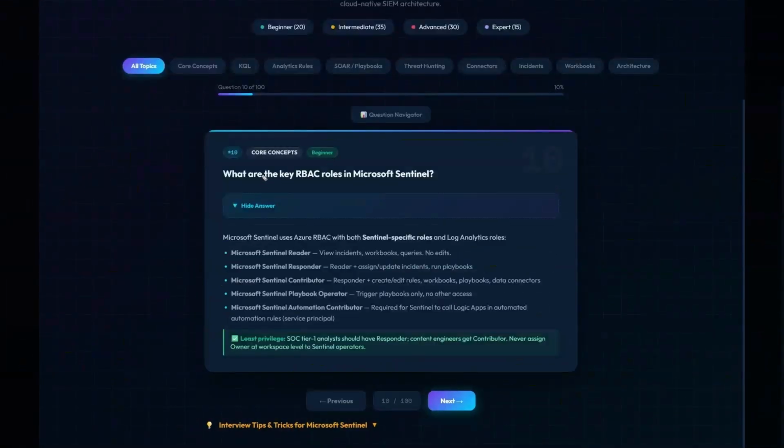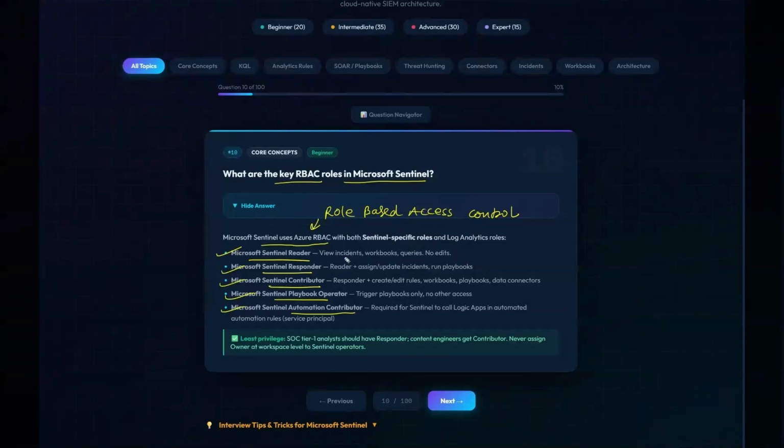All right, so what are the key RBAC roles in Microsoft Sentinel? This is about the access control we are talking about. The main roles in Microsoft Sentinel are Microsoft Sentinel Reader, Microsoft Sentinel Responder, Microsoft Sentinel Contributor, Playbook Operator, and Sentinel Automation Contributor. Microsoft Sentinel uses Azure RBAC. RBAC means role-based access control. Suppose you are a SOC analyst, so you don't need to contribute in Microsoft Sentinel. You need to respond to the incident and you need to read the data, right? So that's why this RBAC